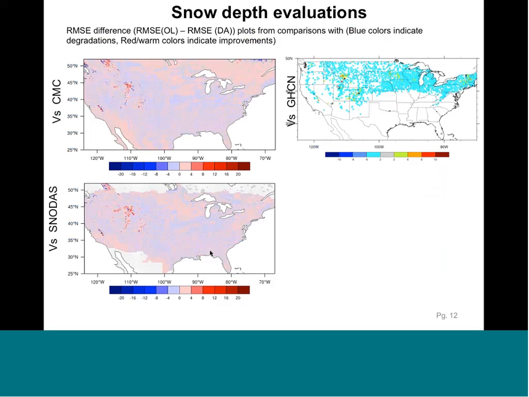Okay, so with terrestrial water storage, if you don't know anything about that, I can't explain it in too much detail, but it's an integral, right? It's an integral of all water storage change. So part of it's due to groundwater, part of it's due to soil moisture, and part of it's due to snow. So here we're looking to see if it improves the snow. And in fact, in this case, right now it looks like we're not able to show much improvement in the snow. So we're trying to figure that out now against the GHCN. Against CMC and SNODAS, there's definitely areas in the western U.S. where it is much better, so that's encouraging.